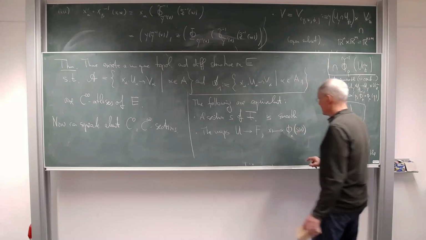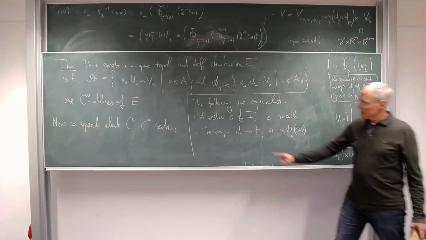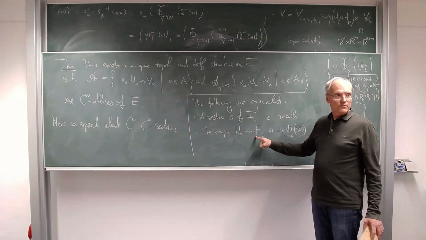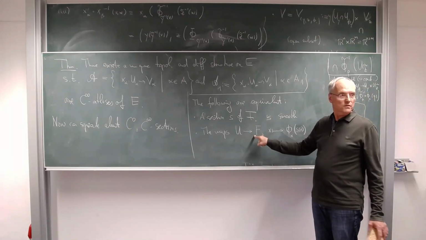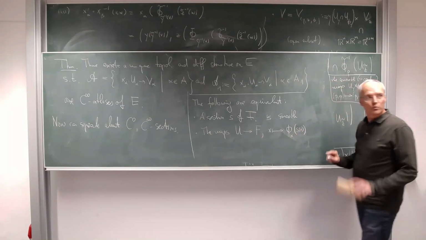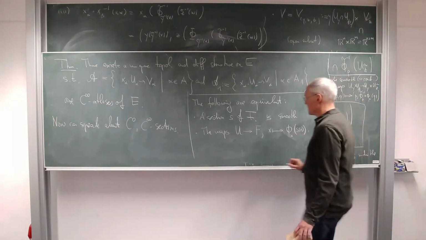This now lands me in the model fiber. And these are manifolds from the start, because this is the open subset of the manifold M, and F is also a differentiable manifold. So we already knew what smoothness means in this case. These maps are smooth